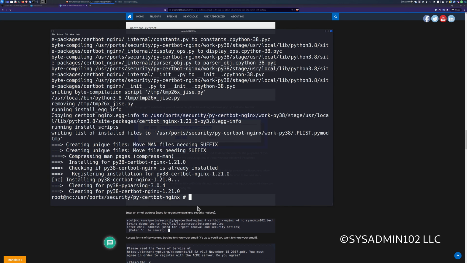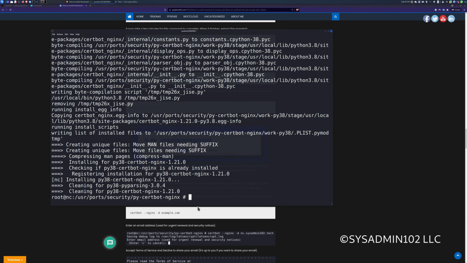So for this case, it's gonna be certbot nginx -d for domain, and it's gonna be nc.sysadmin102.tech.